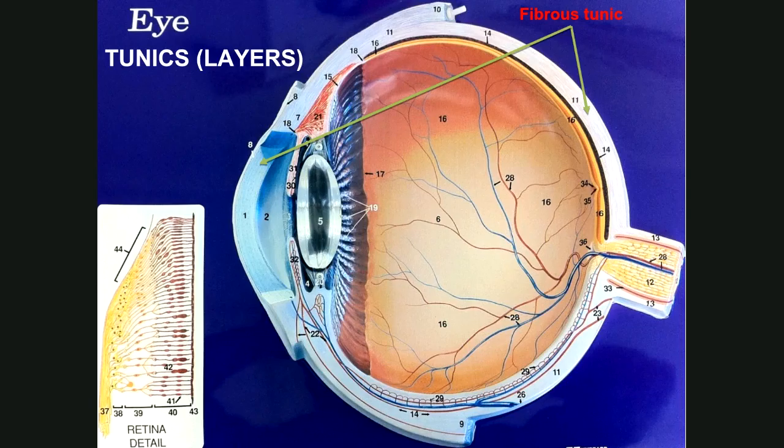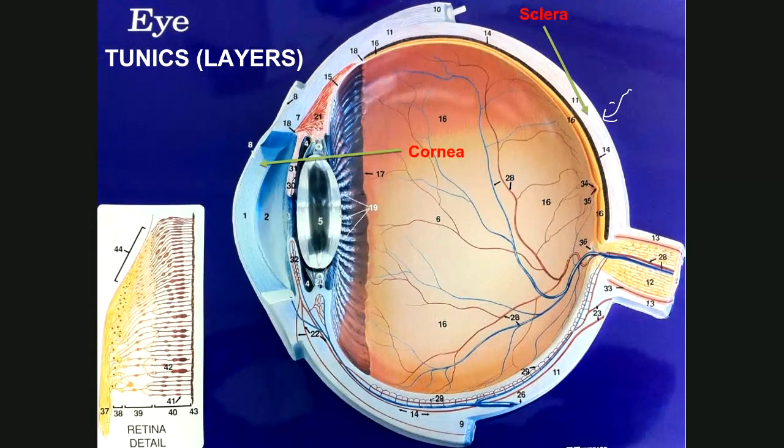But let's look at the fibrous tunic first. So again, fibrous means fibers. It's thick, it's tough. So this is the part of your eyeball that holds everything in place, the part of your eyeball that gives its shape to it. But it's also the front of the eyeball, which is clear. So when we look at it, there's 2 parts to this. The white of your eye